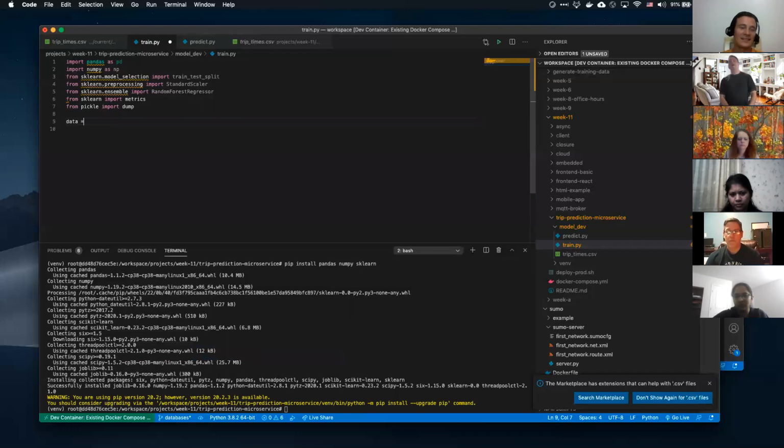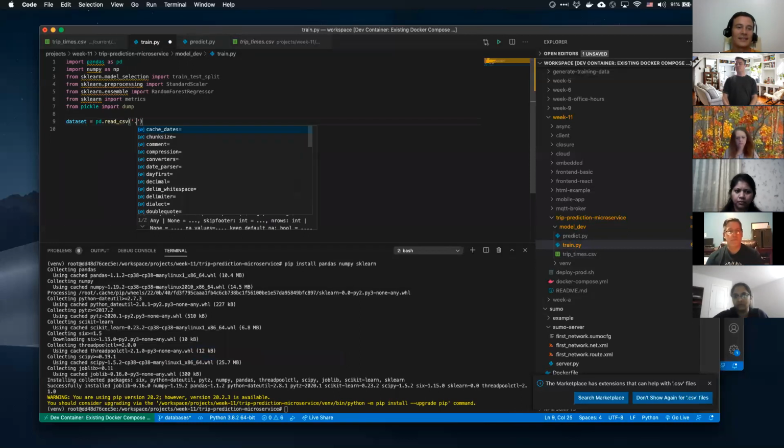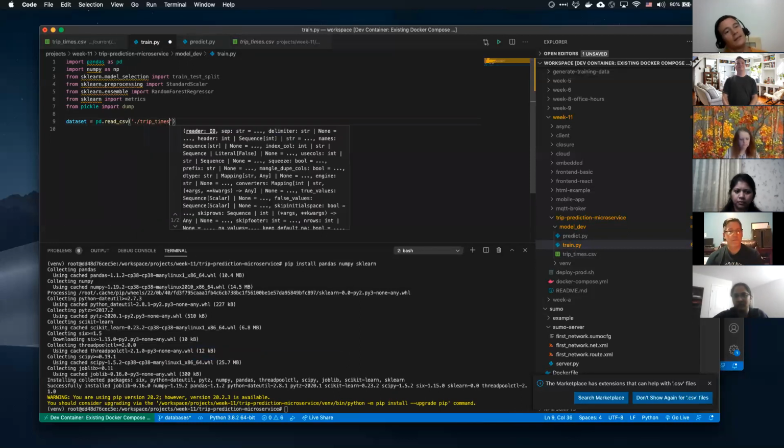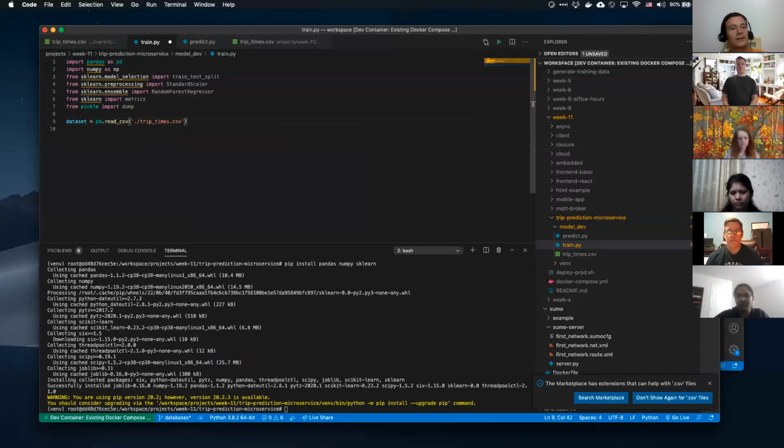All right, so let's load up our data set first. We're going to have to import all of this triptimes.csv. So dataset is going to be equal to pandas, and pandas provides us a really nice function called read_csv. Triptimes.csv. If you've ever done any importing CSV into any programming language, it's a pain. Well, Pandas makes a lot of that easier. Then dataset.head, so we're basically just going to start at the top there.